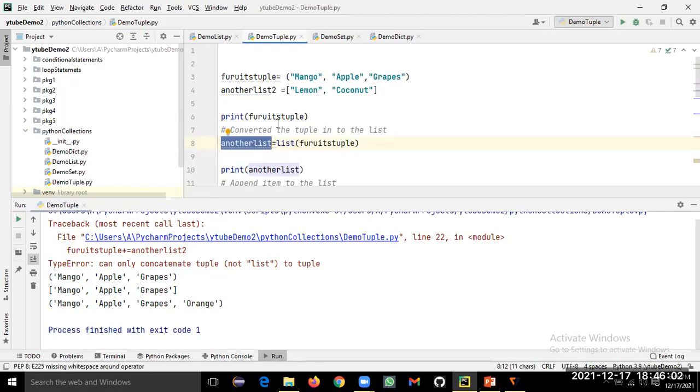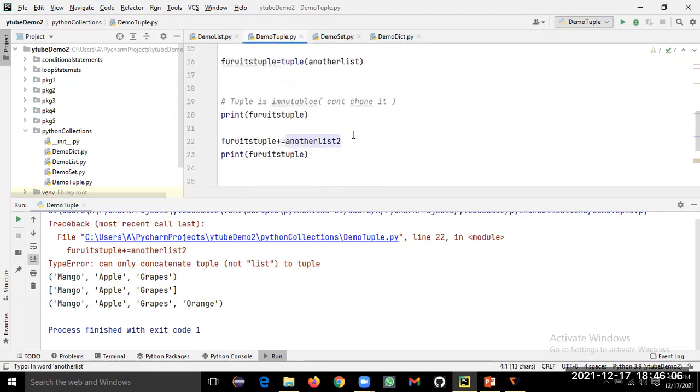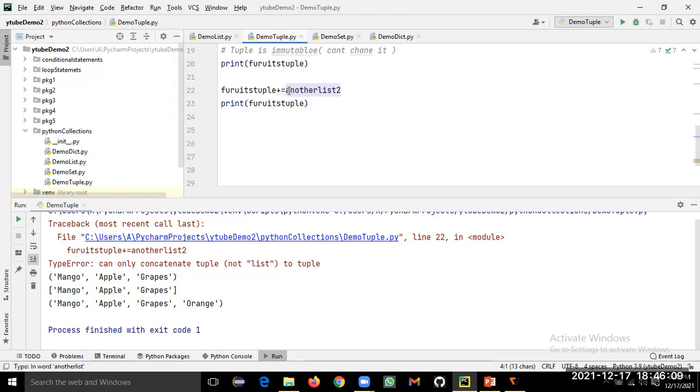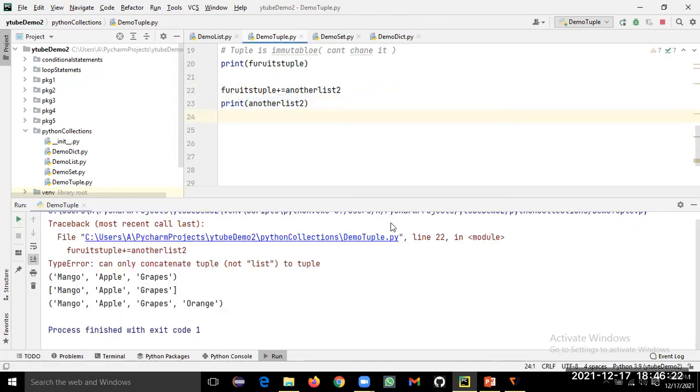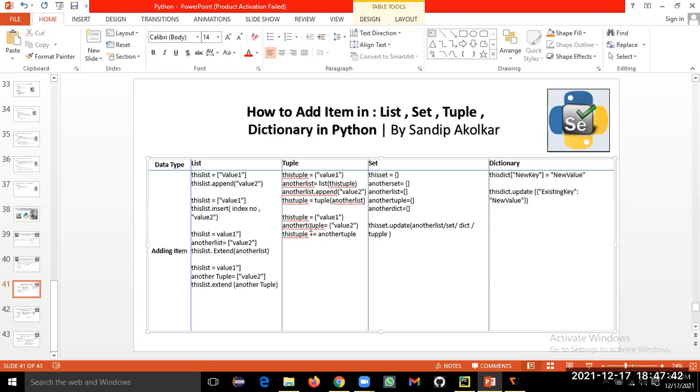So here we are adding fruits tuple plus equal to another list, and again we are printing this fruits tuple. There is an error. So not working. Just a moment. Let me understand. Sorry guys, I think I had written something syntax wrong here.